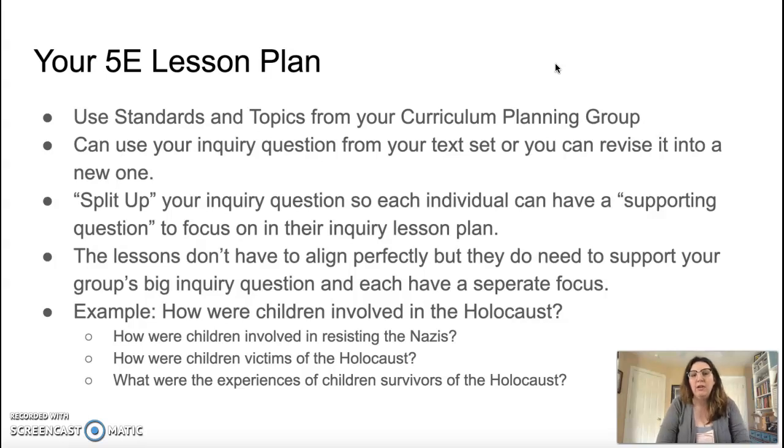And then for your individual lessons, you're going to split up that big inquiry question so each individual person can have one supporting question to focus their inquiry lesson plan on. And they don't have to align perfectly, like you don't have to say, okay, this person's going to go first and then we're going to build on that. Basically, the only thing you need to worry about is that you all are supporting that inquiry lesson and you all have individual supporting questions to focus your lesson plan on that are a little bit different but still supporting